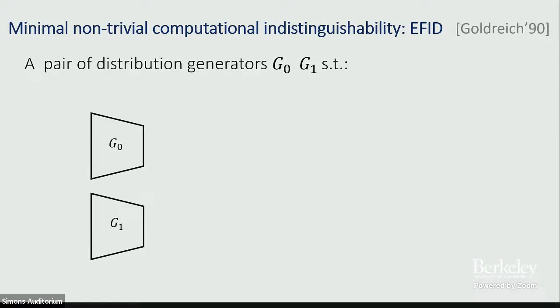This is the notion that Oded put up many years ago. I think there was a short period of time when we didn't really know how to build PRGs from one-way functions, so it was still not completely trivial. But it is a meaningful notion in and of itself. Do you really need PRGs to get a meaningful distinguishing-based notion for crypto? So that came up with this notion of pairs of distribution generators, G0 and G1, that are efficiently generatable